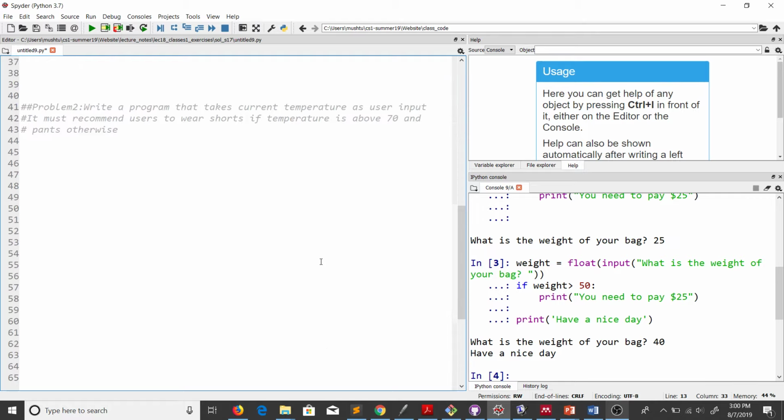Now let's look at another problem, problem 2. This is asking us to write a program that takes the current temperature as user input, and then it must recommend users to wear shorts if the temperature is above 70 and pants otherwise. So there are two conditions that we are taking care of here. Let me define a variable temperature that again takes user input. I'm going to typecast it, meaning I'm going to convert it into floating point, because temperatures are usually floating points, right? So I'll ask the user what is the current temperature,